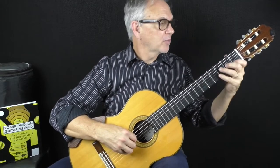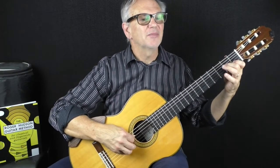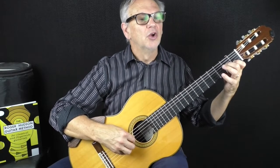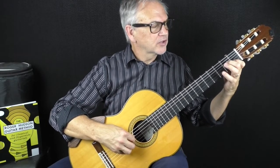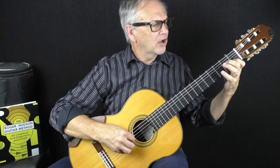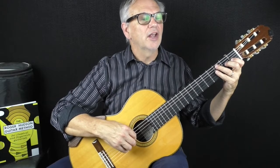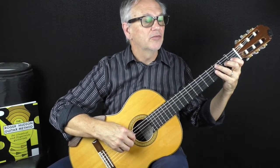Now, if you want to try to play it without leaving the 1st finger down, because sometimes when you get this sound, you might not like that if it's held down. If you want to do that and push that 1st finger down, just make sure you barely take it off of the fret and have it hovering right over that note. So it sounds like this: 1 and 2 and 3 and 4 and...